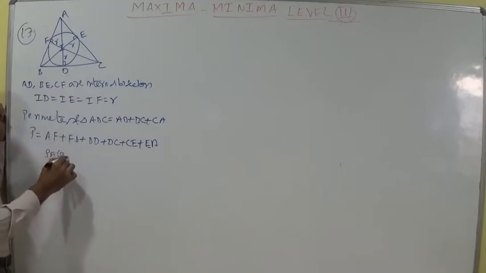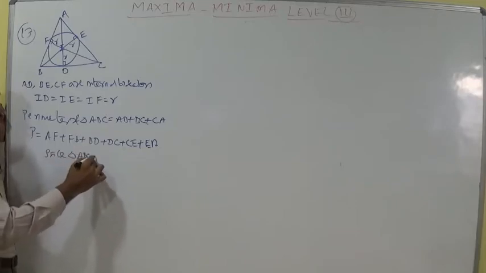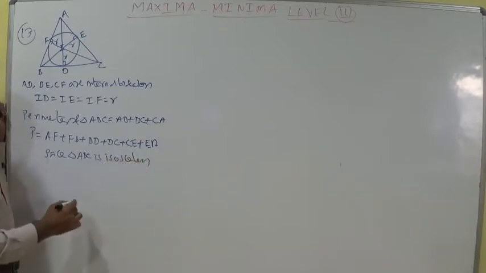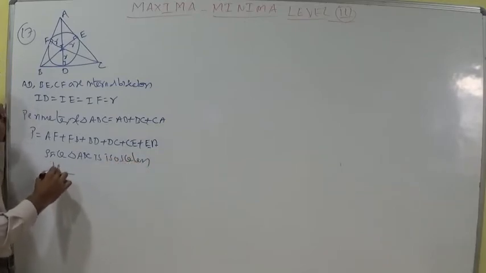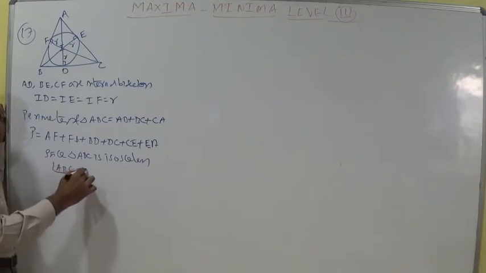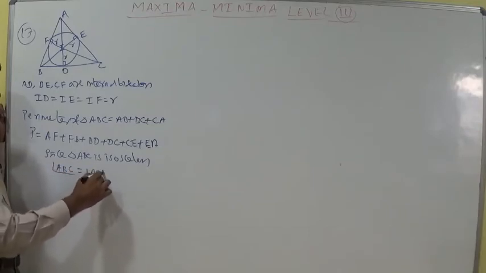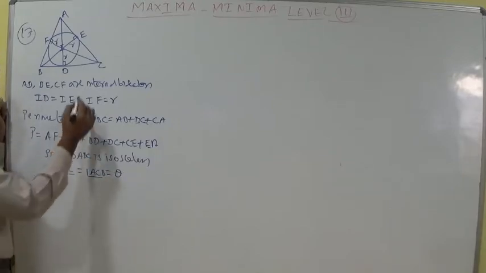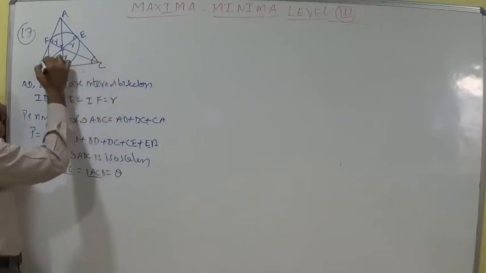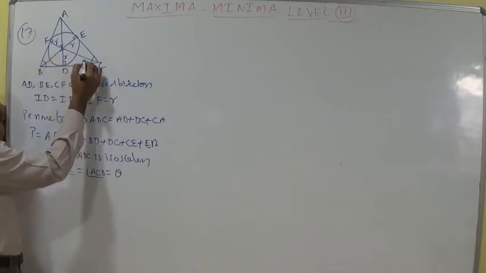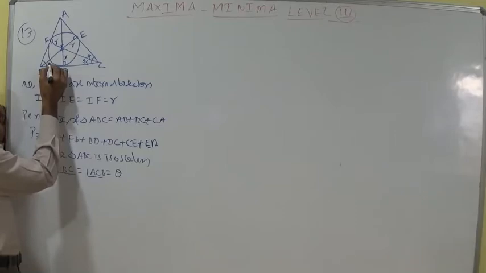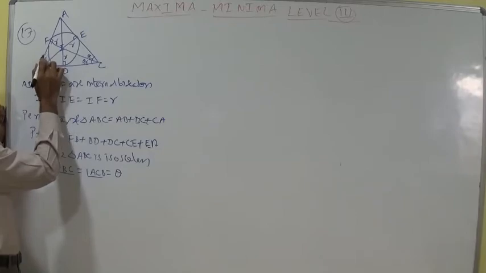Okay, let us discuss the angles now. Since triangle ABC is isosceles, he gave that, it implies angle ABC is equal to angle ACB, which is equal to theta. Therefore, you can write here this full angle is theta and this full angle is theta. Since these are bisectors, this small angle is theta by 2. Here you can write theta by 2 and here also theta by 2, students.